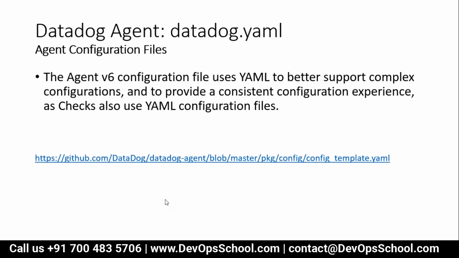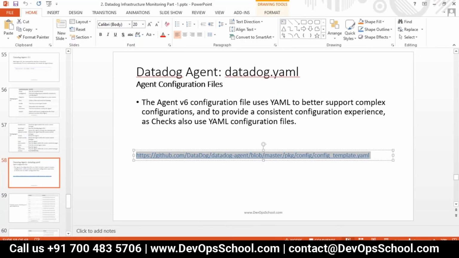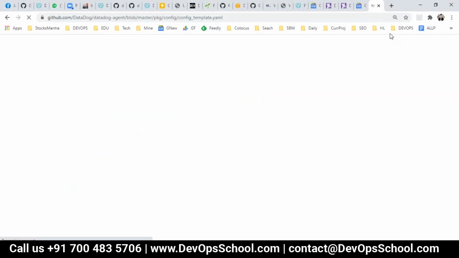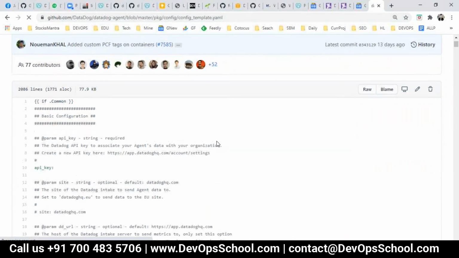This is the configuration file which you need to know very well. Without that, we'll not move on. So yep, here you have a Datadog agent configuration file. Everything you put it up in this file only. To start with, it'll be a small file, but this is the template which we have, where you need to spend most of the time. I repeat, while working with Datadog, this is the place we have to spend most of the time.